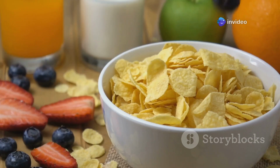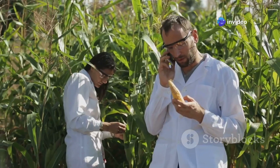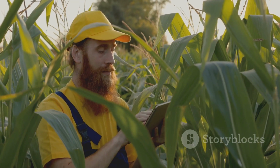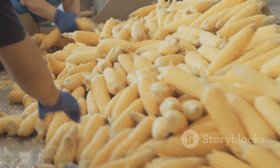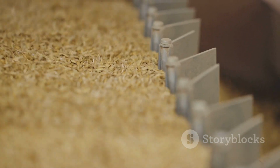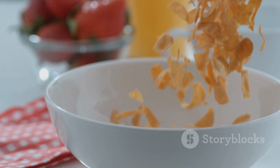It's easy to take simple foods for granted, but, as we've seen, a lot goes into making them. There's a great deal of science, engineering, and hard work. From the dedicated farmers growing the corn to the skilled workers and technicians in the processing plants. Each step is carefully managed to ensure quality and consistency. Next time you pour yourself a bowl of cornflakes, take a moment to